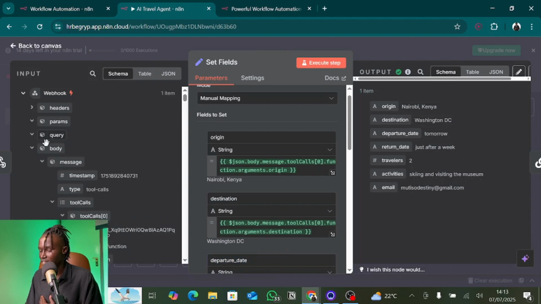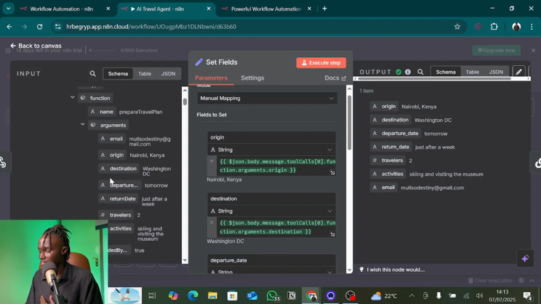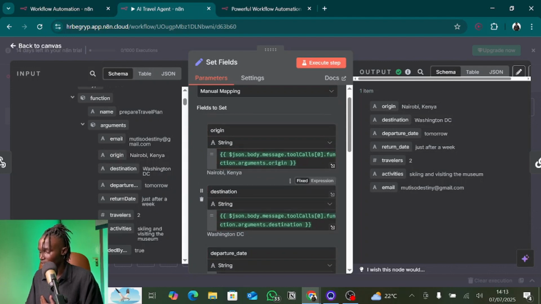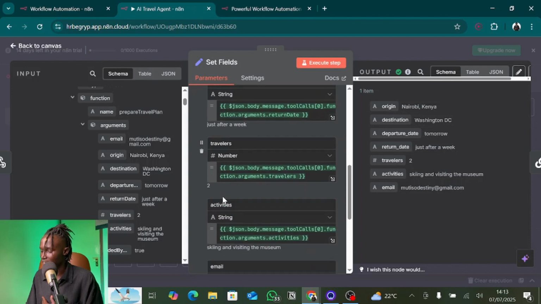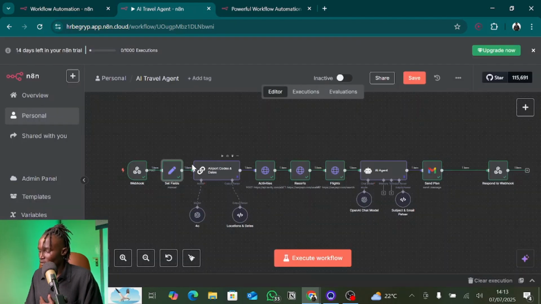So I'll minimize headers, then go down till I see my arguments. Whenever I see origin, let me drag in origin. I don't need to do that twice, it's already done that. Okay, then do the same thing for the other fields, the destination, departure date, return date, all those details. Then we move on to the next node, which in this case is an AI agent node